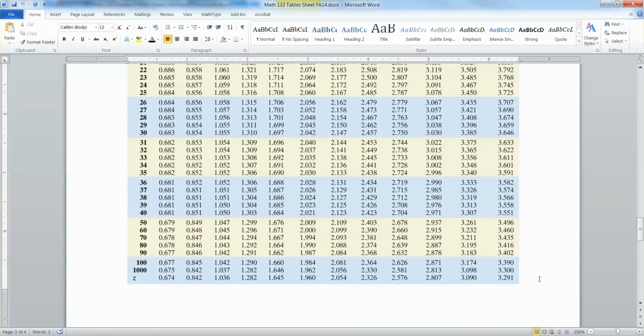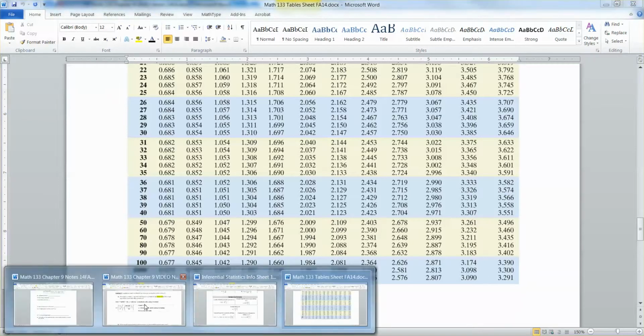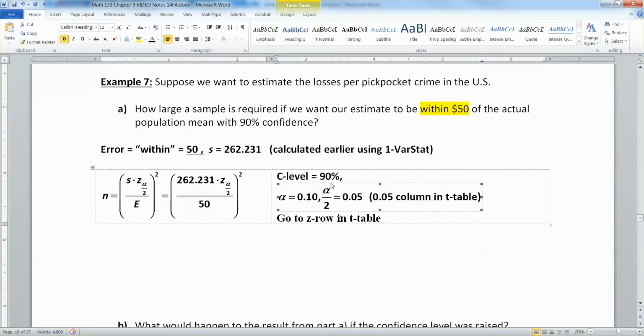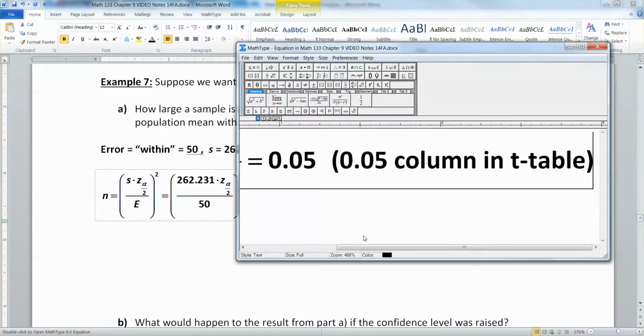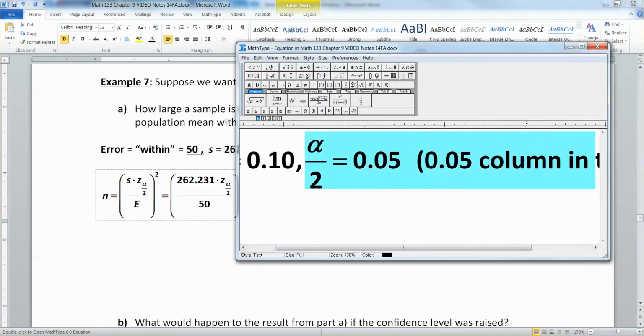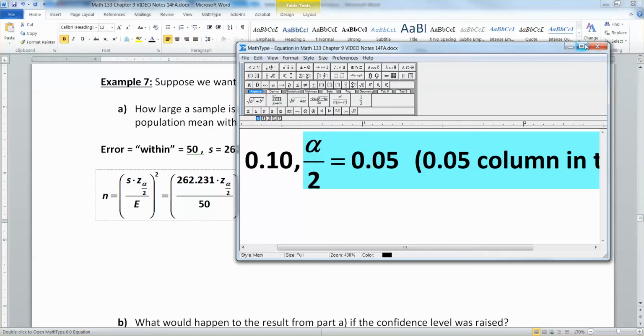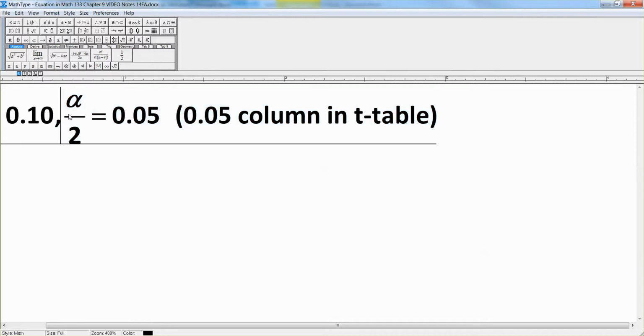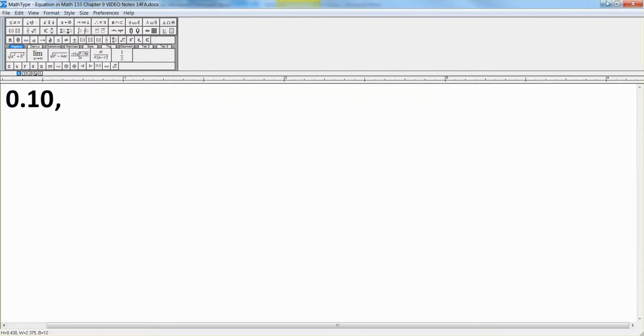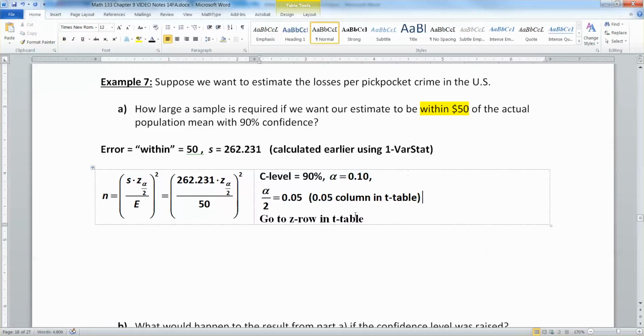Now, will I give you one of them for sure that is not in this table? Yes, I will. You will have to find one of them at least on the exam using the old inverse norm method. But once you found that one with the old inverse norm method, then everything from there is great, right? So if you want to use the table for any of the other ones, as long as I don't say don't find it by hand or whatever, then you're good. You can use that table for any of them you like, as long as they're in there and I don't specify otherwise. You're welcome. So you go to the z row in the t-table, and it was right there. You find that z alpha over 2